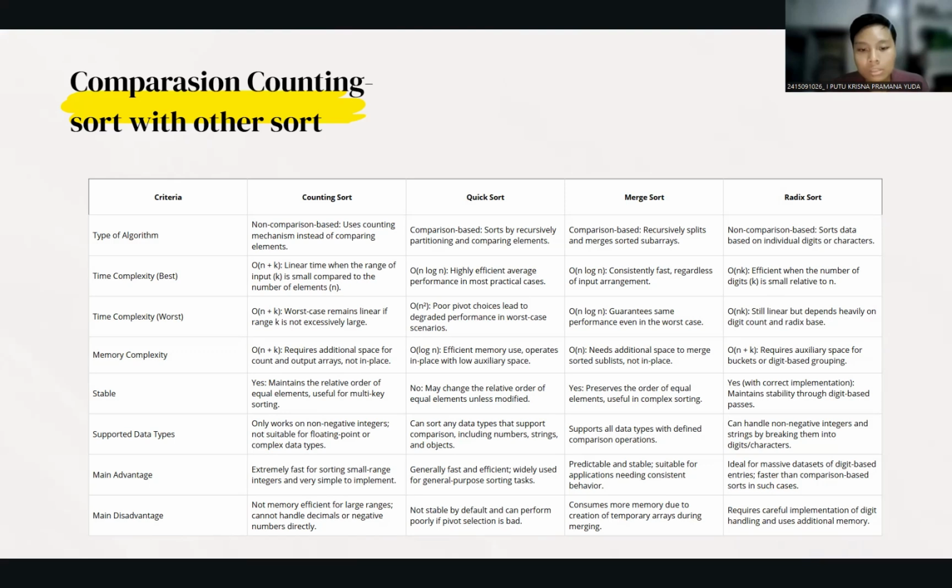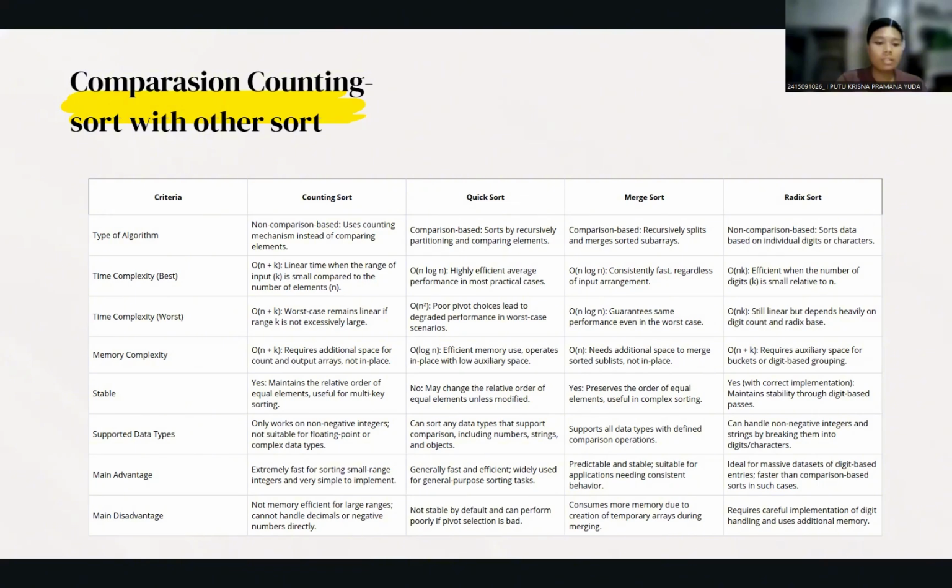Quick sort is generally fast and efficient, and widely used for general purpose sorting tasks. Merge sort is predictable and stable, suitable for applications needing consistent behavior. Radix sort is ideal for massive datasets of digit-based entries, faster than comparison-based sorts in some cases.